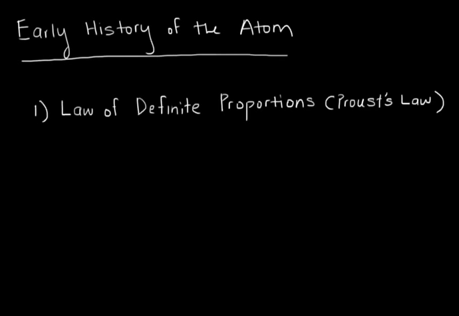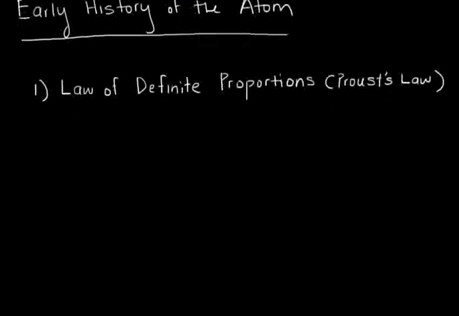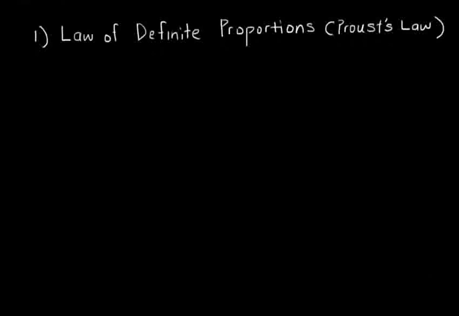Because back in 1800, scientists didn't really know anything about atoms. They weren't really considered a useful model of the world. And because of that, we couldn't really describe what matter was made out of. But we did know a few things about chemical reactions and a few things about elements. And one of the essential tenets of this early chemistry was something called the law of definite proportions, or Proust's